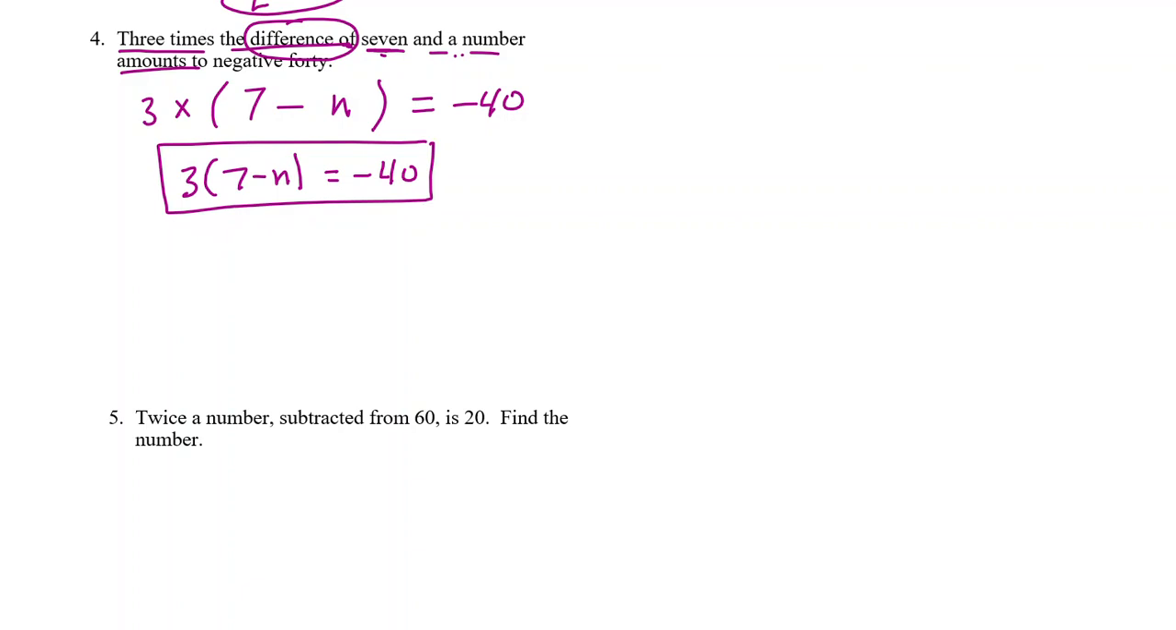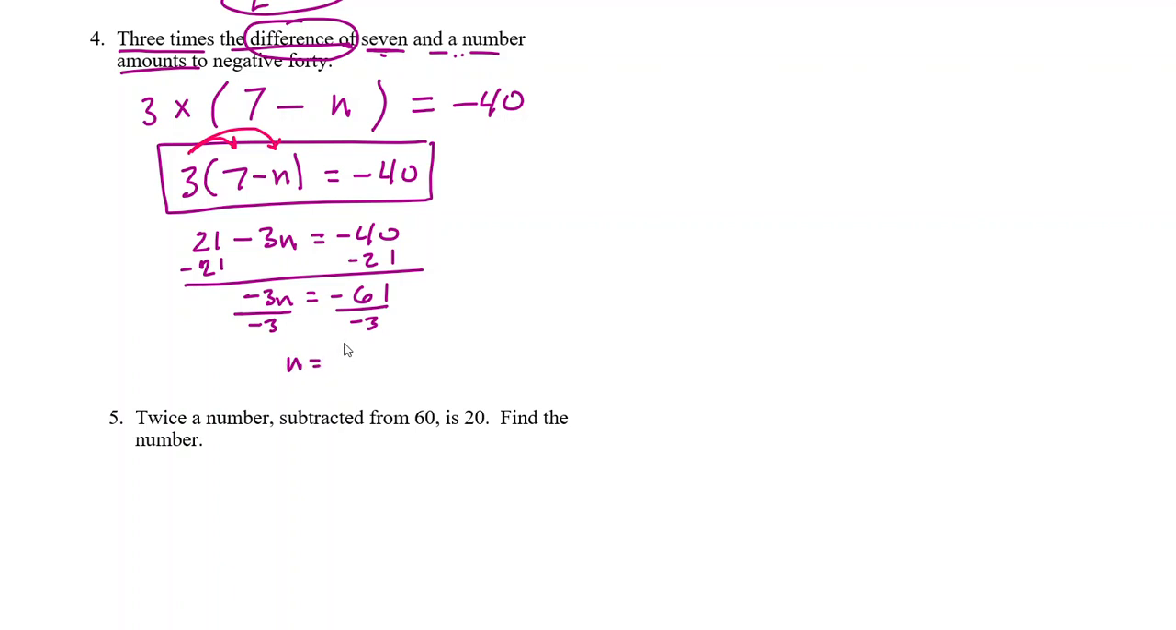Now we'll distribute that 3 to the 7 and the negative n, and we'll get 21 minus 3n equals negative 40. We'll subtract 21 from both sides, and that gives me negative 3n equals negative 61. And we'll divide by negative 3,